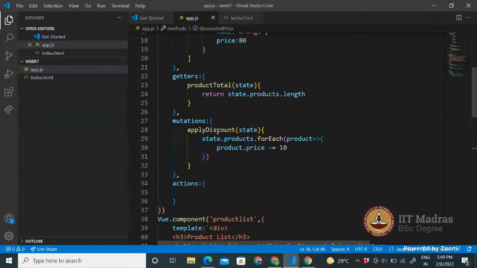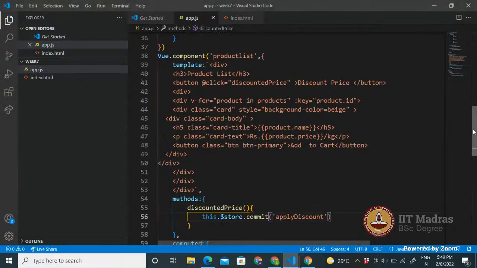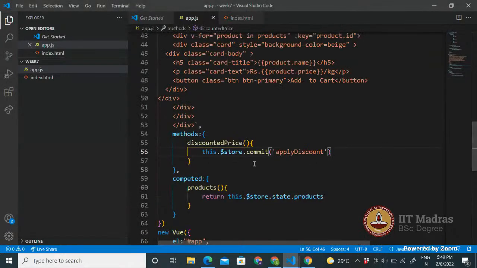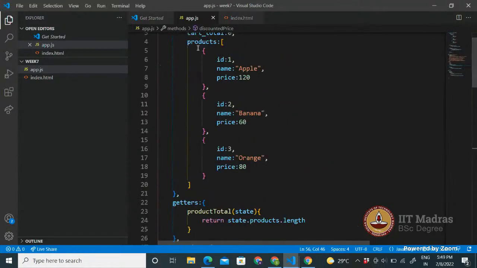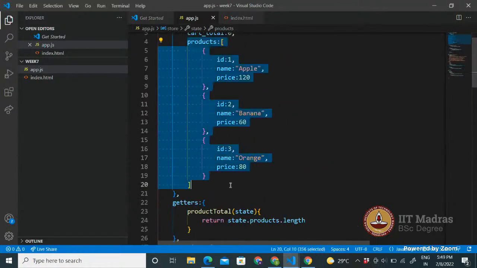So now we have our mutations, and how do we call our mutations? It is through the commit that we can call our mutation, right? So we say this.$store.commit, and then we apply our discount. If we were to write this application in a normal way, ideally all this data, all these products that we are seeing over here,